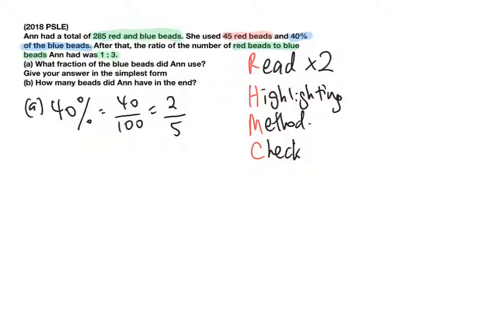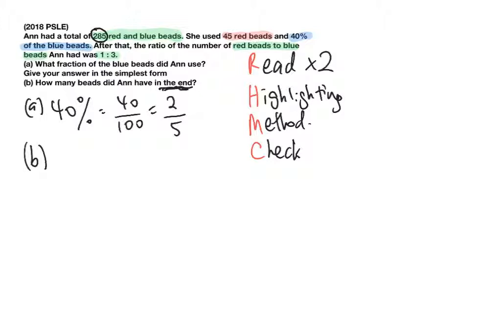The next question, how many beads did Anne have in the end? We know that at the start, Anne had a total of 285 beads. So how many beads did Anne have in the end? In the end, the number of beads must be lesser because she used both the red and the blue beads. So for part B,